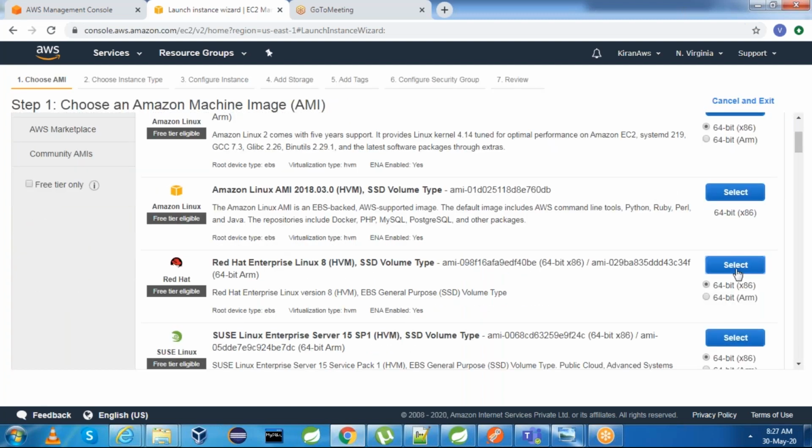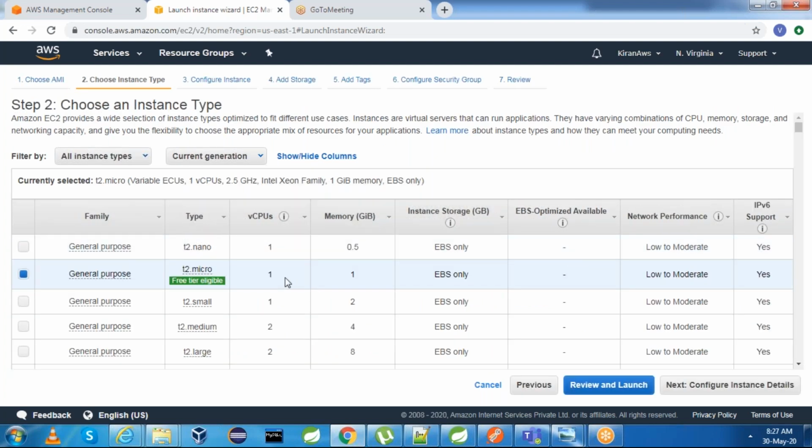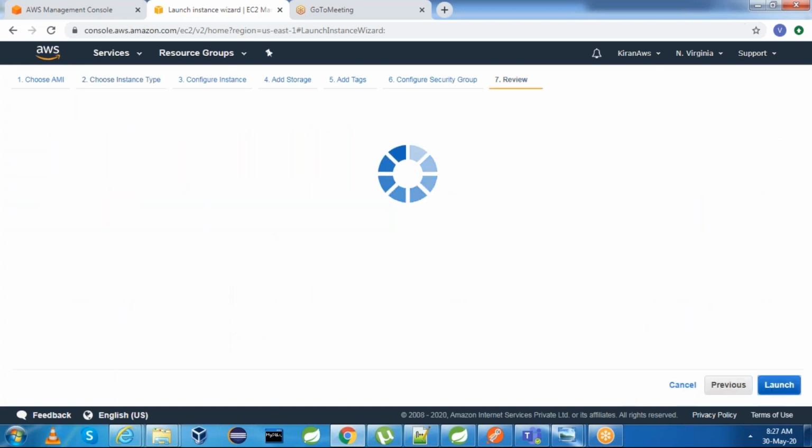You can take RHEL 8. For now, T2.micro is fine. Going forward, if you are doing Jenkins Docker integration, you may need to take T2.xlarge. But for now, T2.micro is fine. Review and launch.